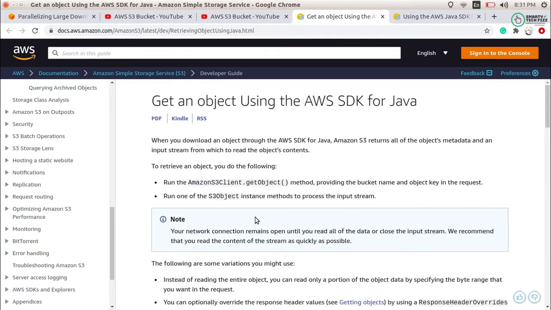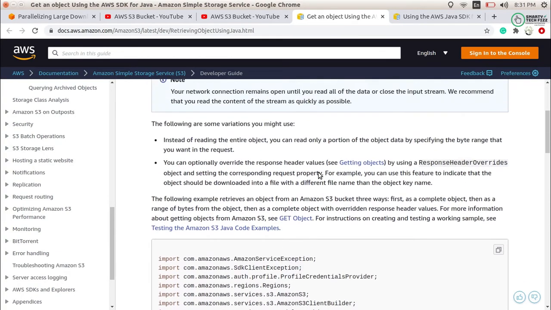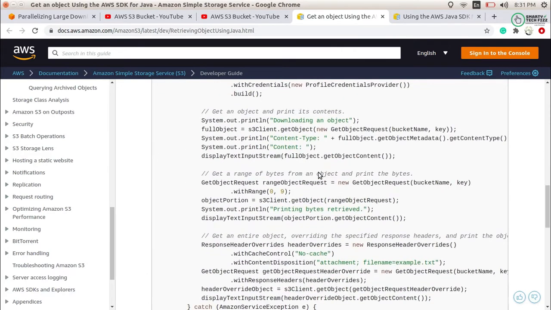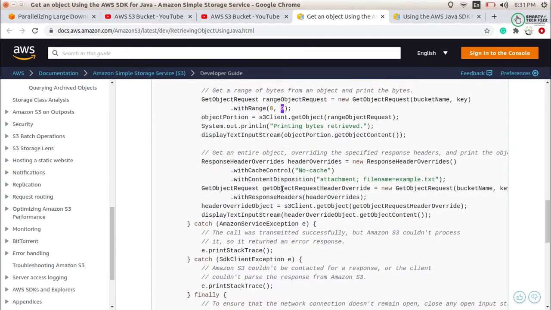In this file, it is the documentation given by AWS to get an object using the AWS SDK for Java. Here there are three ways for downloading it. Either you can download the full object, which is done in one go, or you can use the range object request to download using a range of bytes, and then there is something else, which is response header overrides.